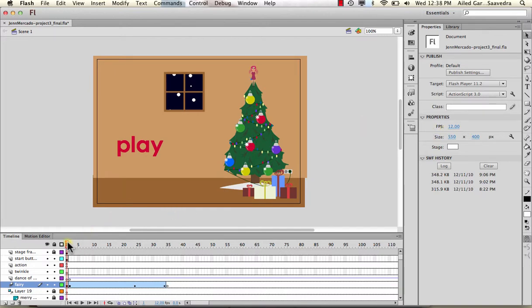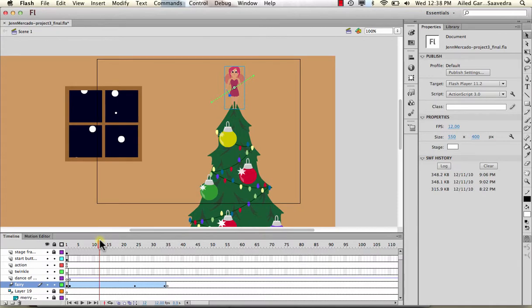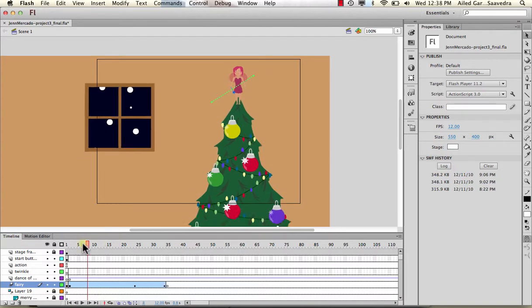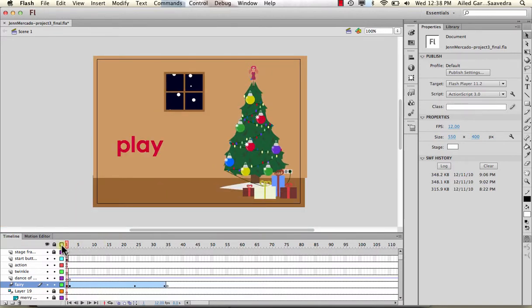That means that from here to here, which is 12 frames, only 1 second, what we know as 1 second of real time, has elapsed. So from here to here, that's going to take 1 second, okay? So what you need to learn to do is, as you're considering your animation, as you're saying something is going